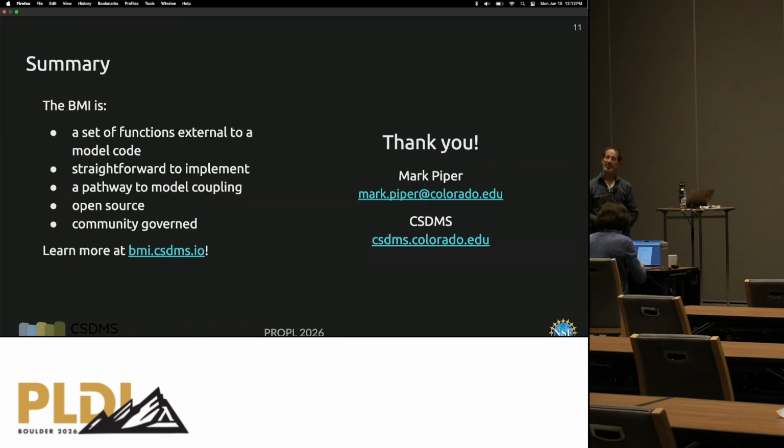So you have a bunch of users now. What have you learned from getting it out, other than that you need governance? Yeah. Well, we learned about the need for parallelization, for sure. That's something that was a bit of a roadblock. Can you elaborate on that? Like what aspect of the BMI? So for example,